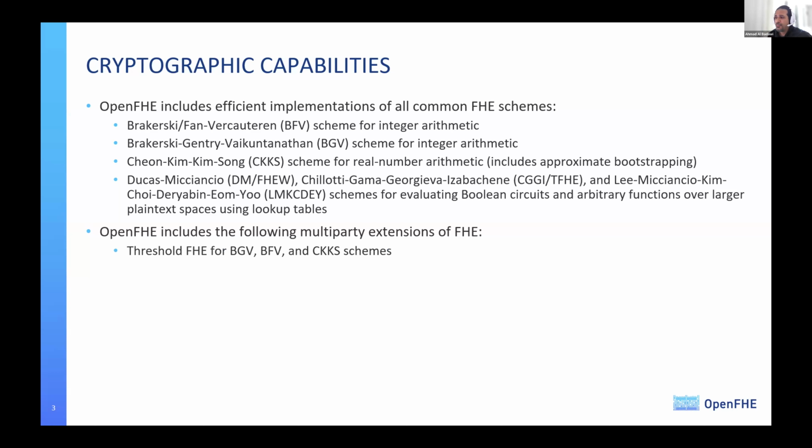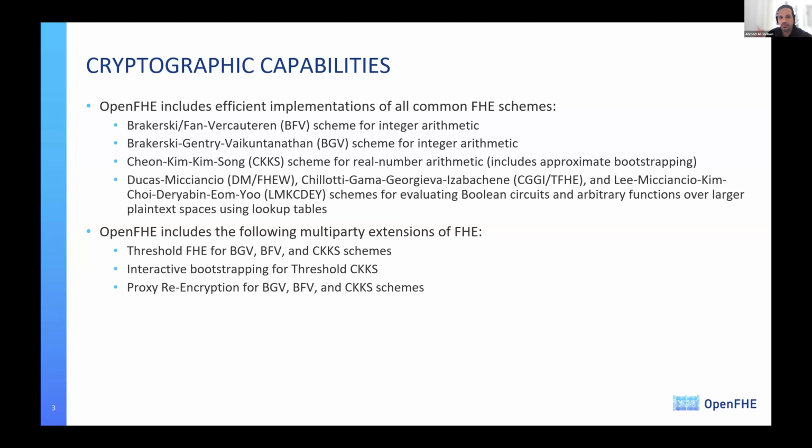Also, another cryptographic capability is related to multi-party extensions. We do have a threshold FHE for BGV, BFV, and CKKS. What that means is, instead of having only a single user having the data, you can have multiple data owners, and they can run a threshold FHE scheme among themselves to encrypt their own data individually.